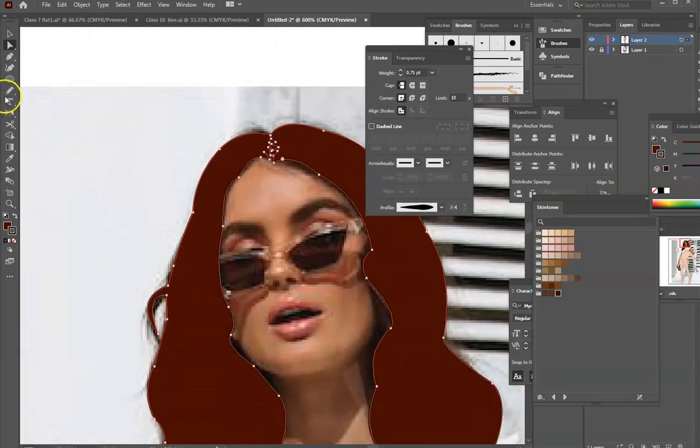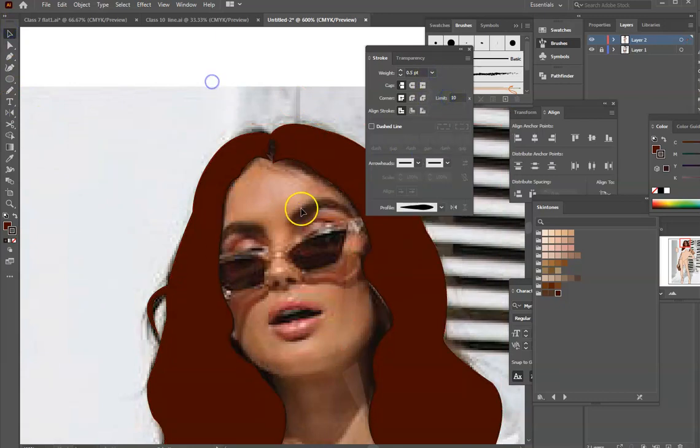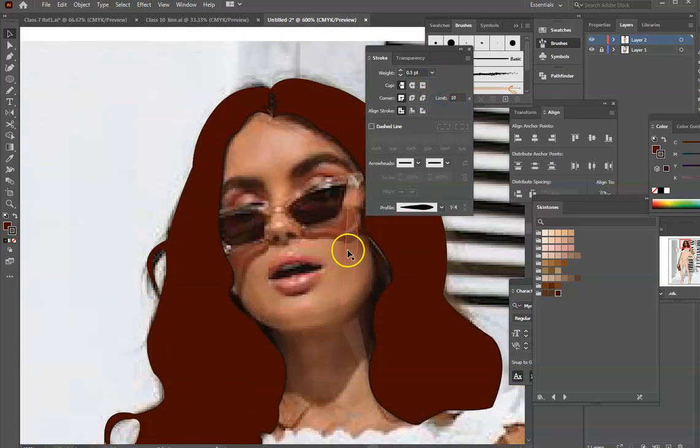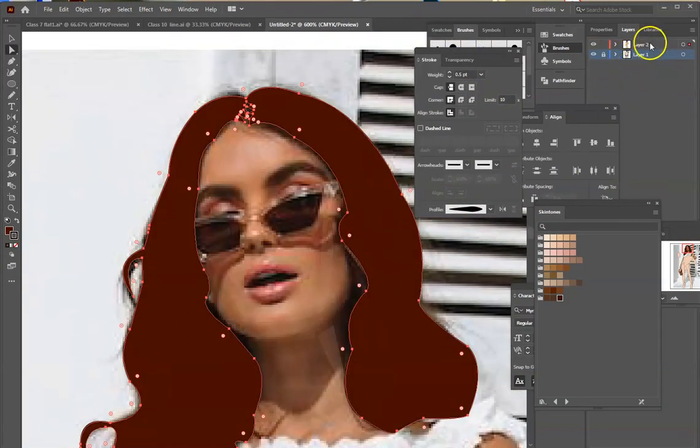So I may change my stroke to ½ inch. And then what we're gonna do is actually we will add a new layer here for the